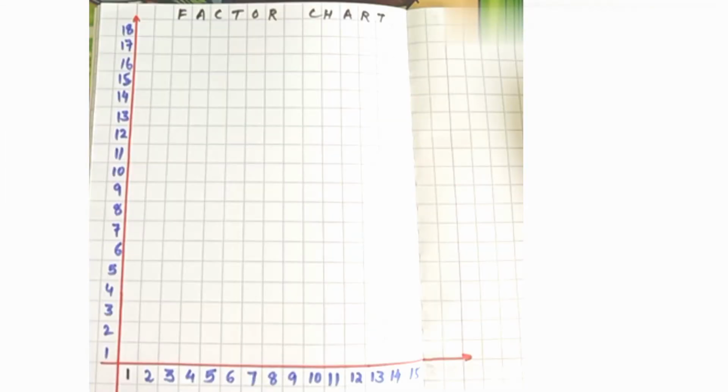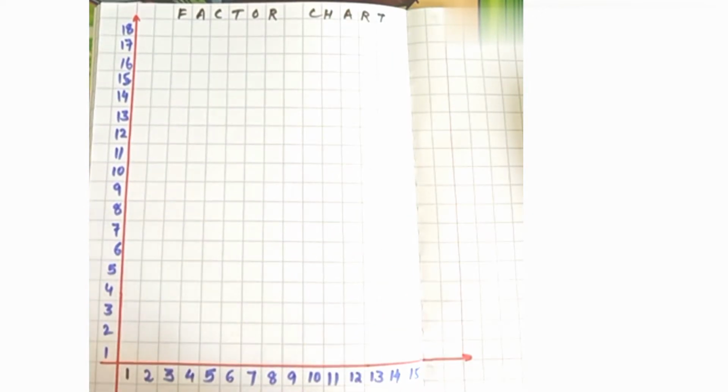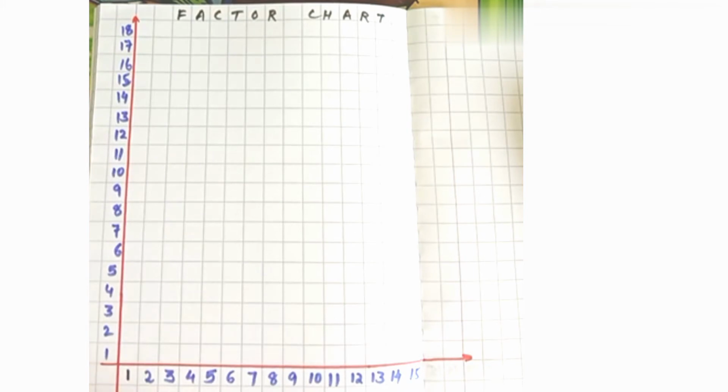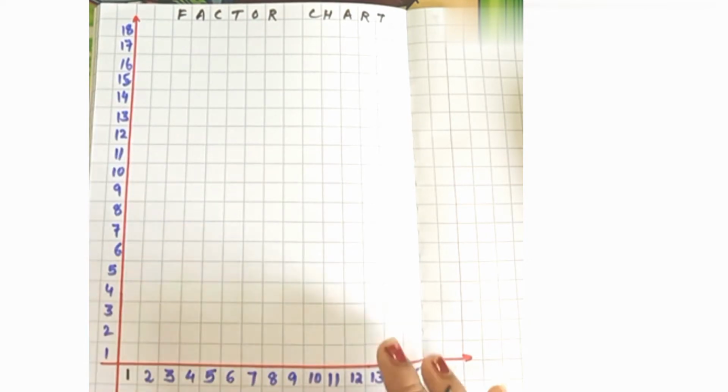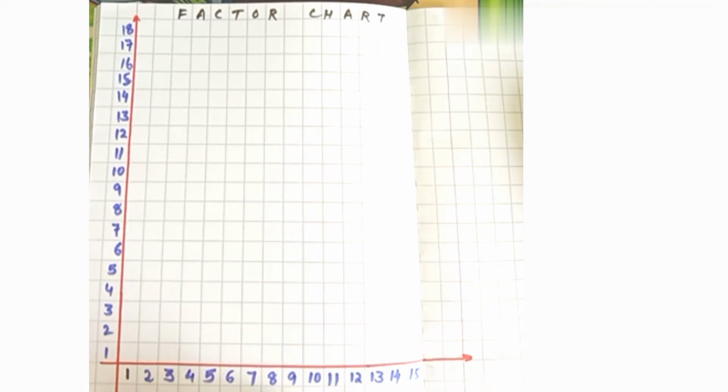For this activity, you need a paper like this, a square line paper. You will have such a notebook, and if not, you can draw squares like this. Make a horizontal line like this, and write the numbers 1, 2, 3 in one box, one number. Similarly, draw a vertical line and write the numbers 1, 2, 3, 4 and so on in one box, one number. Okay, now this is ready. You only need these things for this activity.